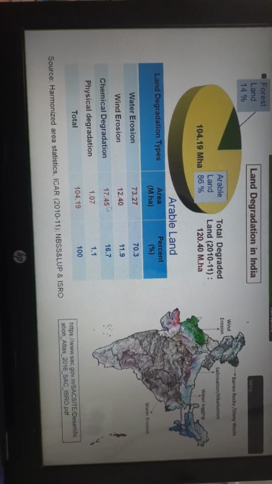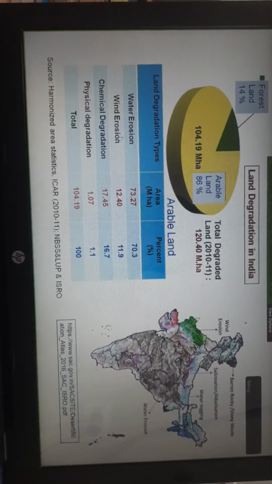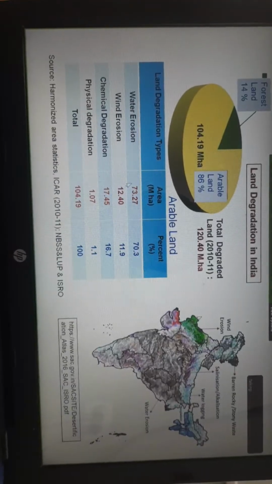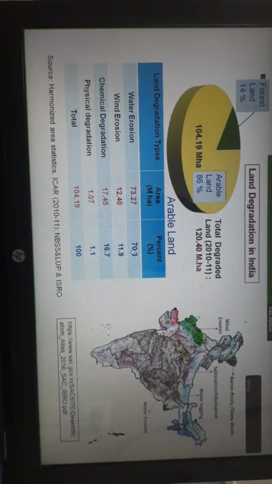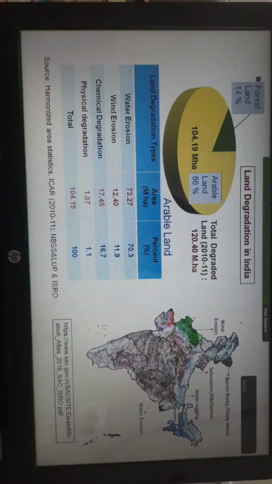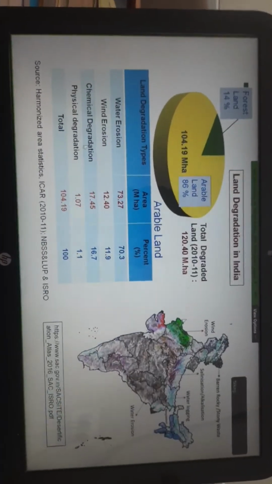The major degradation is occurring because of erosion; 80% is because of erosion, and out of that, 70% is affected by water erosion, and then chemical degradation, which we call the development of salt affected